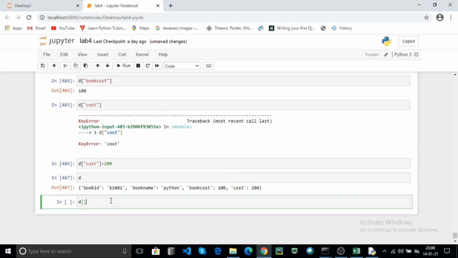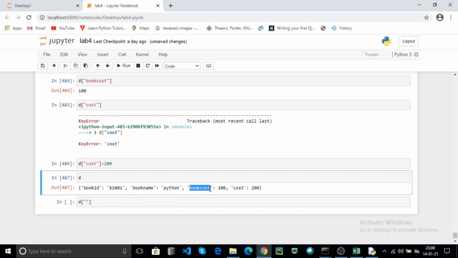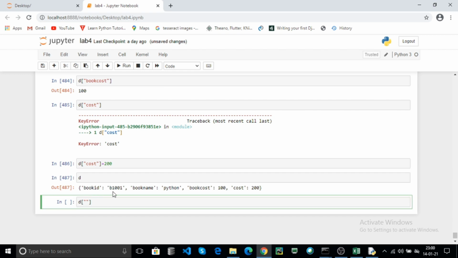Now for example, if your dictionary contains book cost and you try book cost equal to 500, here if the key exists in your dictionary, the data will be modified, that is your value.